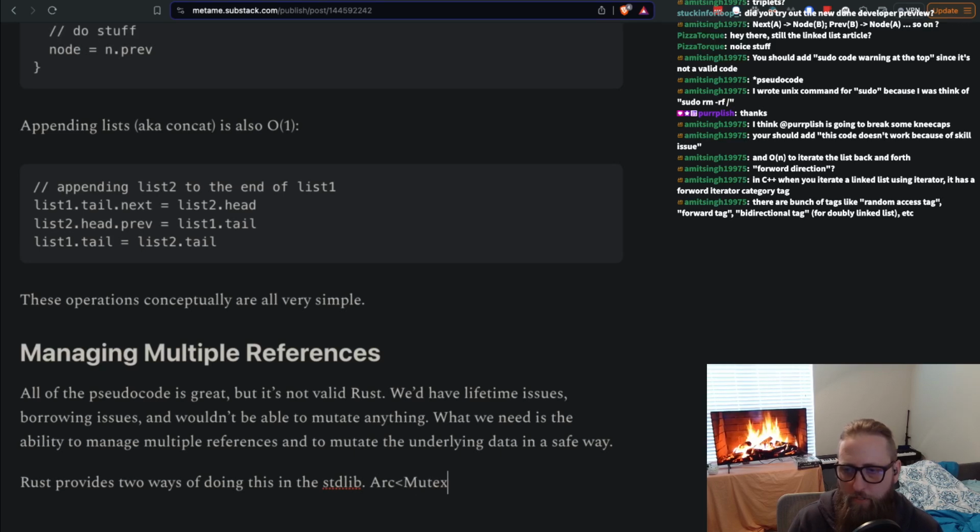Arc mutex T, for code. Arc mutex T, which is thread safe,